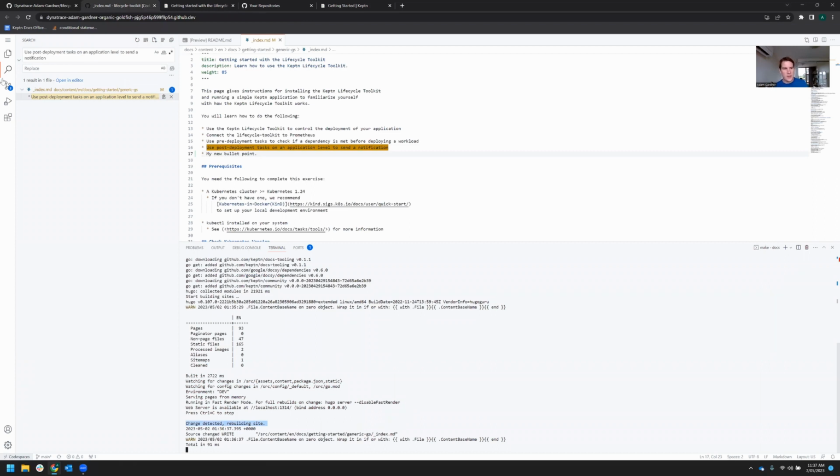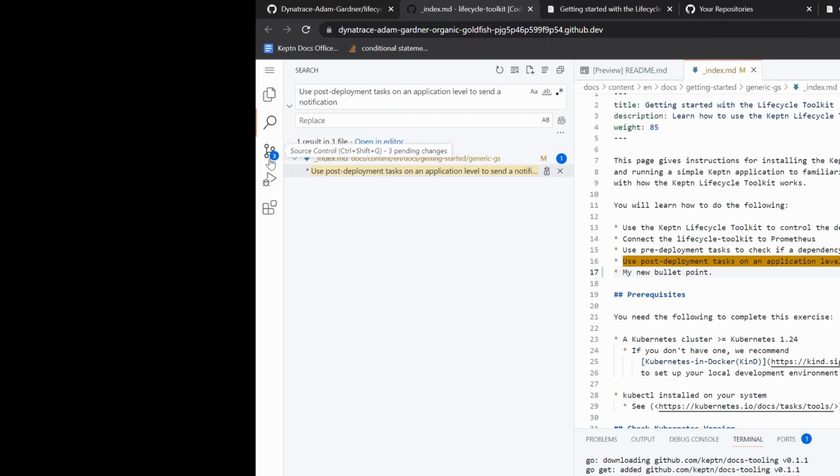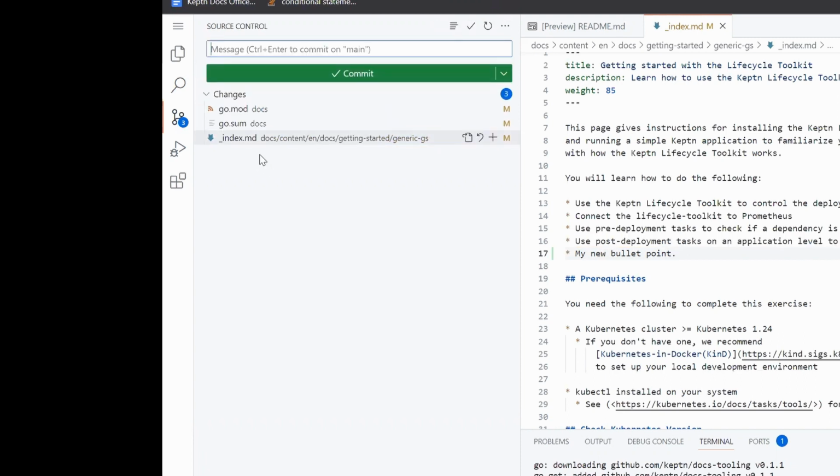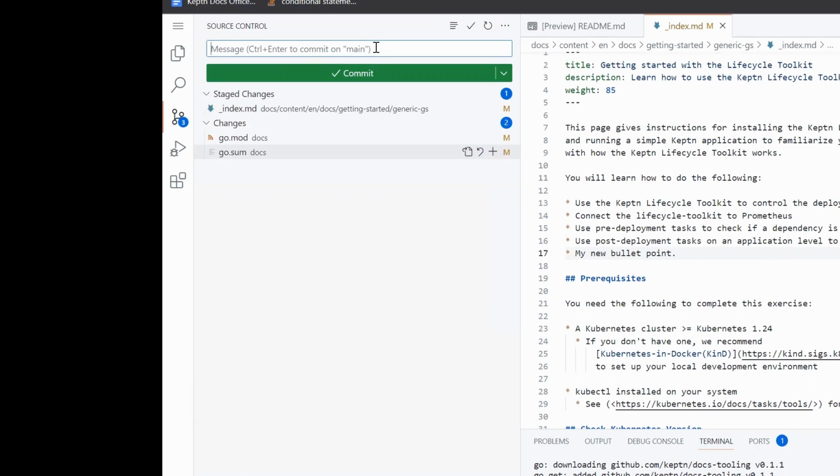Flick back to Codespaces and go to the source control button, which is the third one down on the left. Find the file or files that you have changed. In this case, I've only changed one markdown file, which is this index.md. Click the little plus button to stage the changes. Give your commit a commit message. I highly recommend that you make it a conventional commit message, as in docs: